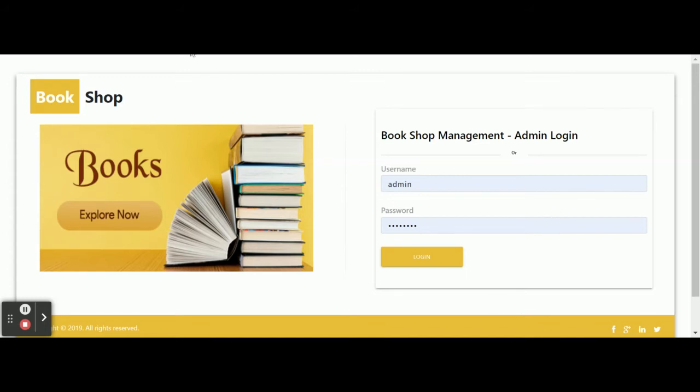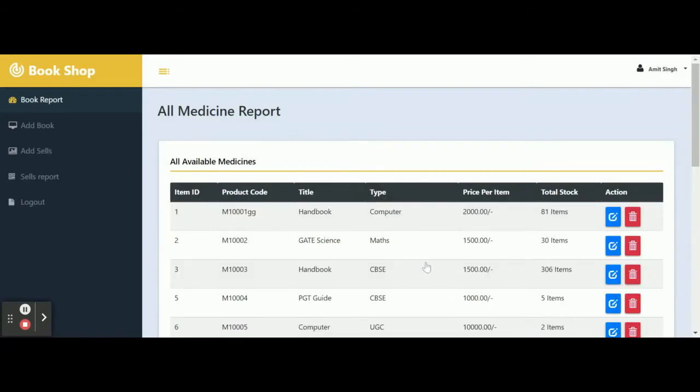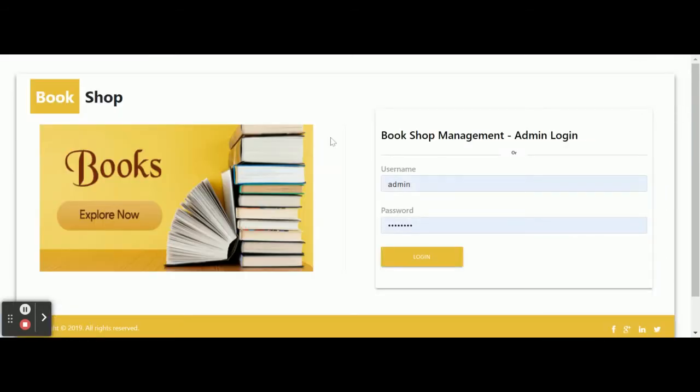We are running this project on port 4200. If you run this application, just click on the login. So this is the login form. Once you run the application, this page will be landed. The user ID is admin and the password is test1234. Once you log into the system, then you will get the dashboard.